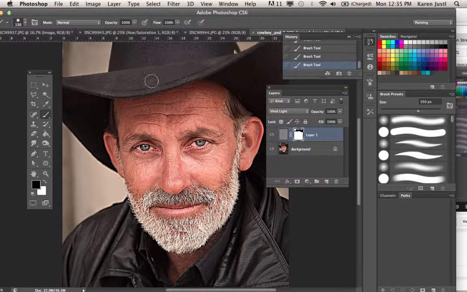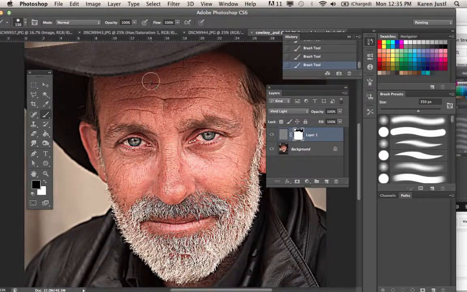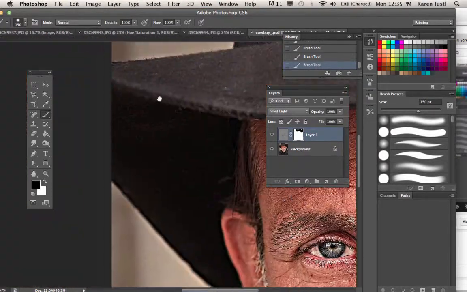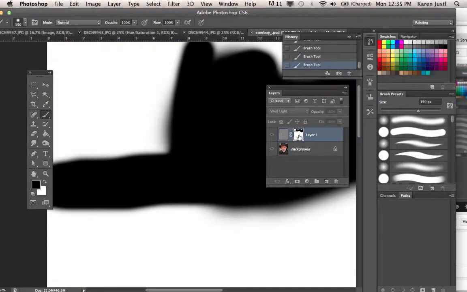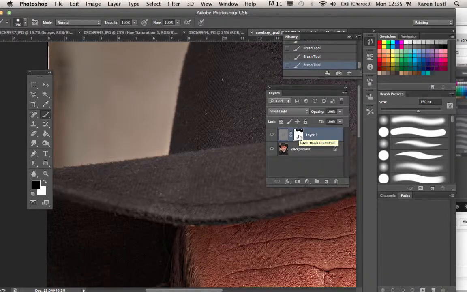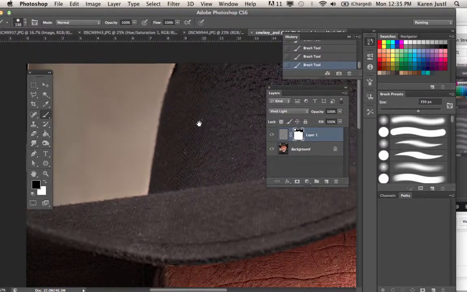And you'll probably see, if I zoom in a little bit, Command plus, that there are areas where I don't want that contrast to be that high. So on his hat, it's some of the white speckles. On the edge, I'm painting away, I'm masking out that high pass. And I'll press Option again, take a look at the mask, take a look at where I'm painting. I'm using my